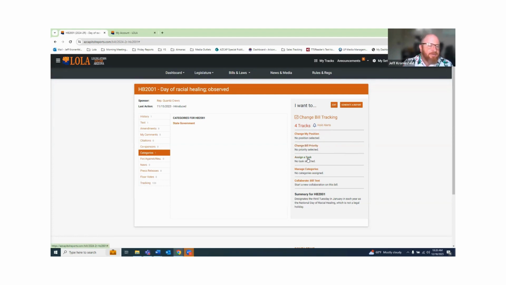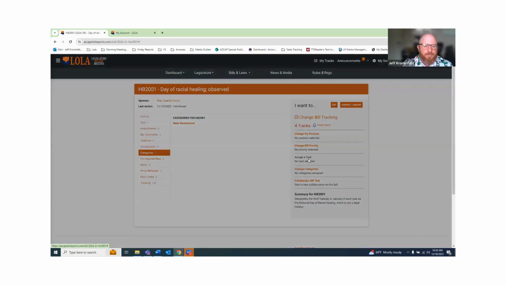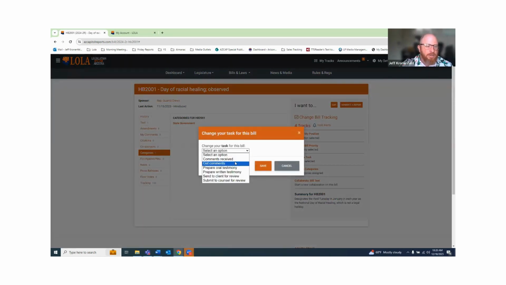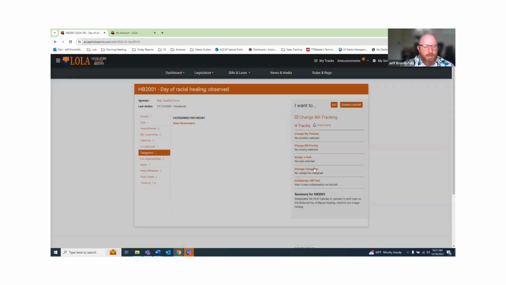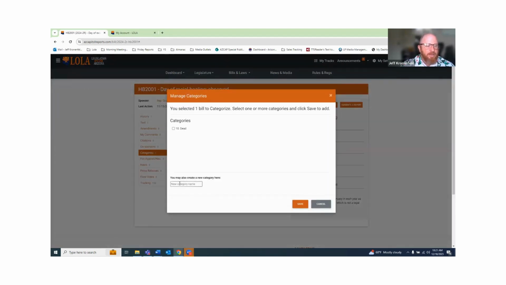You can assign tasks, say, there's a range of tasks you can assign. I'll show you the list. Like you can ask for comments, which would be like a thread you'll be able to see, almost like a Facebook post, though it's not public, where you can see all the comments and responses. There's some other things you can assign to people. You can also assign your own custom categories, user-generated categories. So basically, you can create your own category name, add that bill to that category, or tag the bill with that category